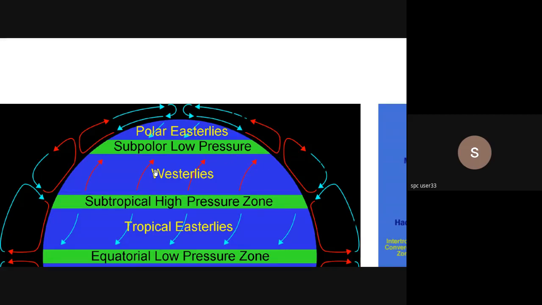cell. Now, being science students, I would dare to go a bit further and say that this one, what we have named as the Ferrel cell here. I hope you are able to see my cursor. The Hadley cell here, and the polar cell here. Both cells are thermally induced. Now, what is thermally induced? We'll slowly get to know about it. I'm just giving you a very broad base work around it. And the central one, the Ferrel cell, is dynamically induced.